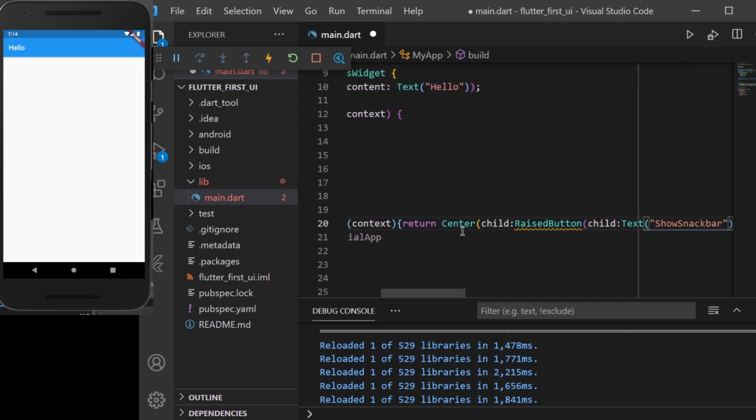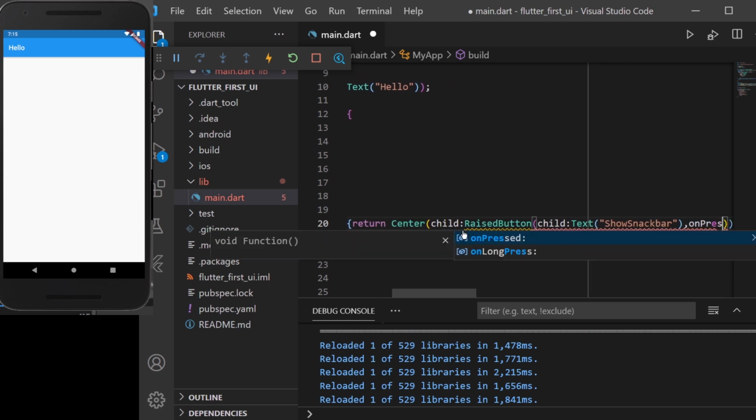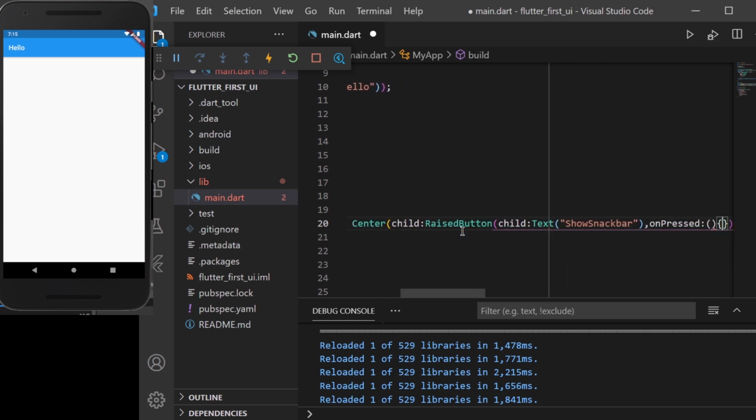The raised button will have a child of type text, and it will have another property, the onPressed property. This is something which will help us display the snack bar at the bottom.